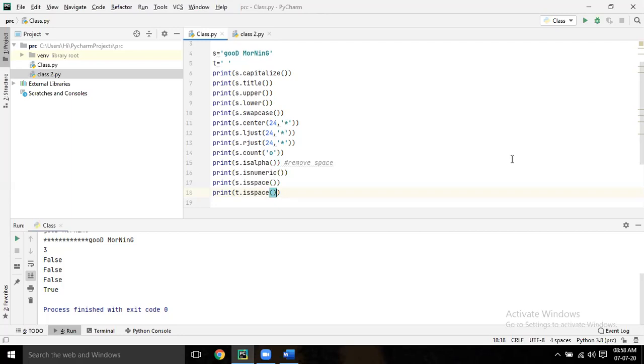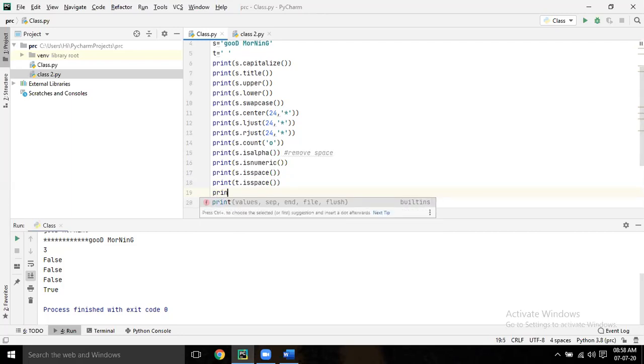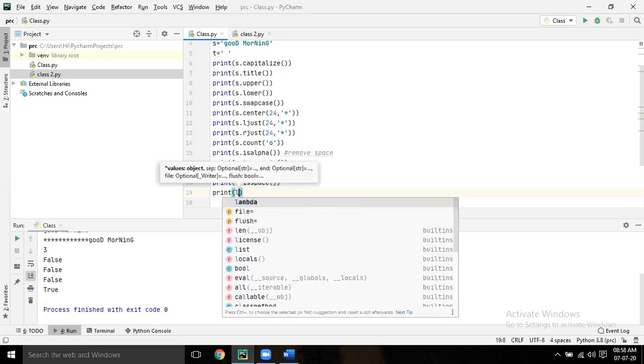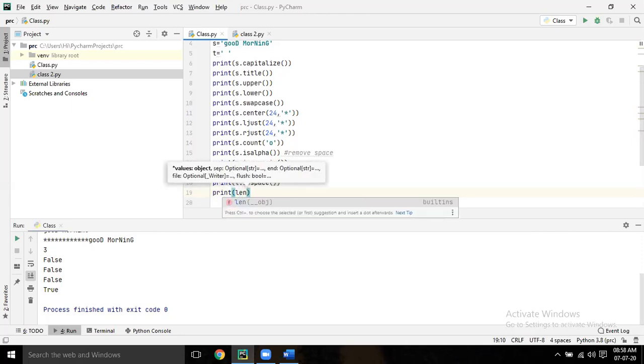Let's do one more. Length. Print len within brackets s.